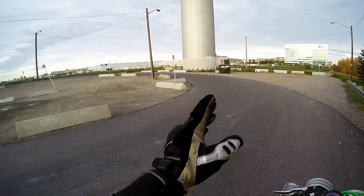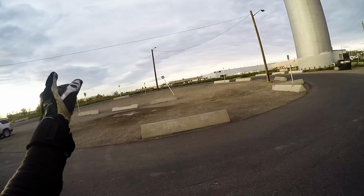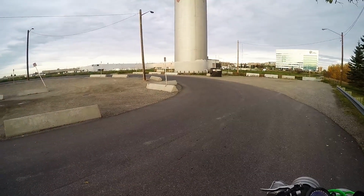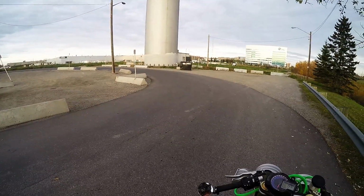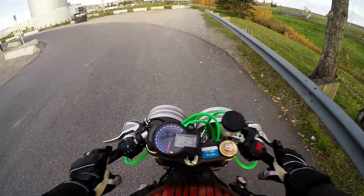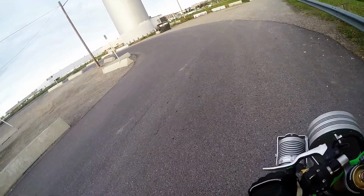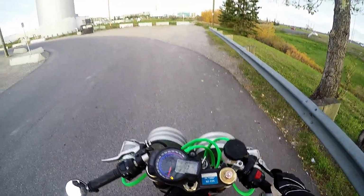And so my coach taught me, which is very smart, you want to be looking at the exit of the third corner that you're about to take. That's not directly true, but the concept is look further ahead than you think you need to at all times. So if I come in here, I'm trail braking, I've got my front brake on, leaning forward, I'm starting to tip the bike, and that's the beauty of trail braking: